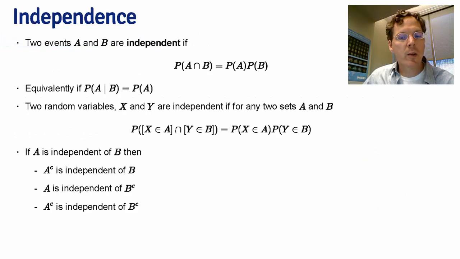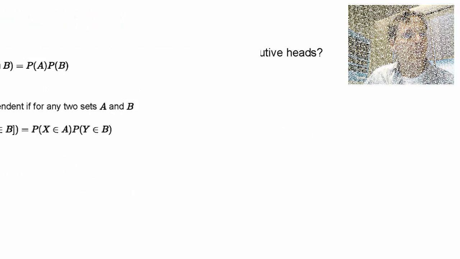Let's cover briefly the subject of independence. We alluded to this earlier in that we said that A is independent of B if the probability of A given B is equal to the probability of A, for an event B that has positive probability. Another definition of independence is that A and B are independent if the probability of A intersect B works out to be the product of their probabilities. This then begins a very important lesson. You can't just multiply probabilities willy-nilly. You have to multiply independent probabilities associated with independent events.